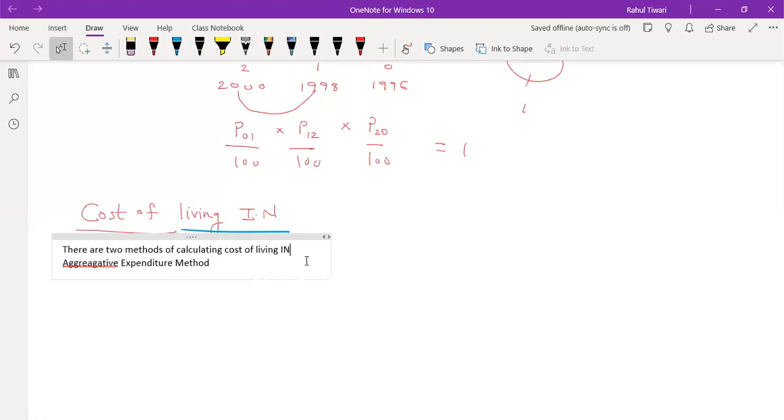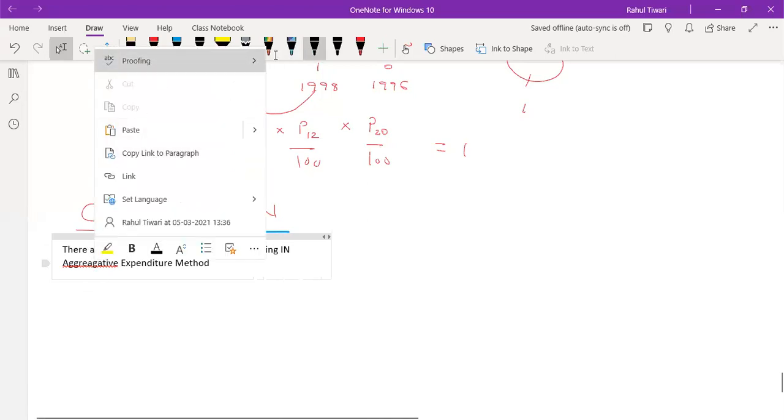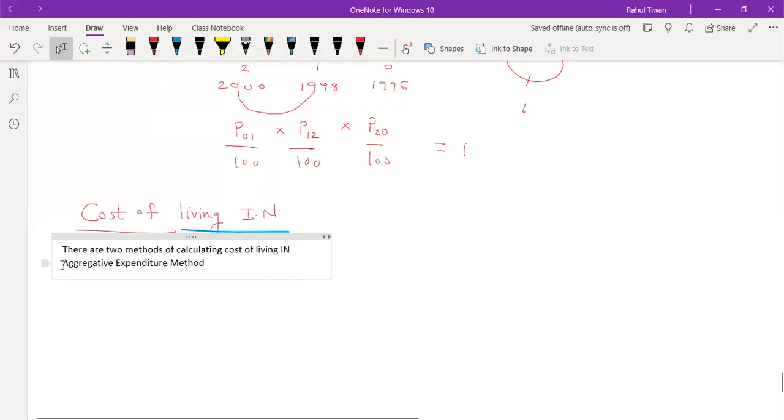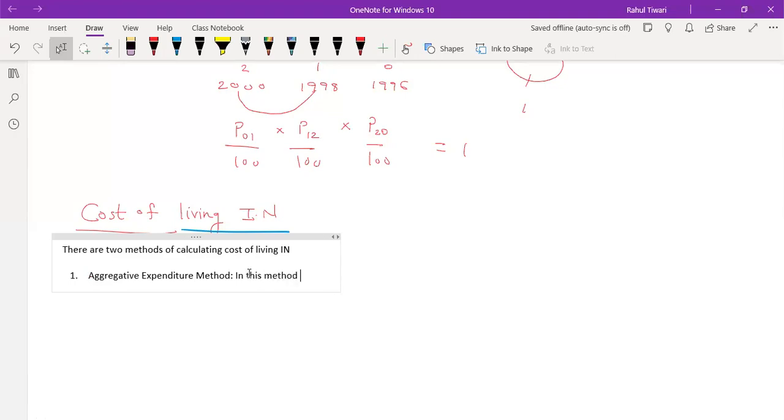The first one is the aggregative method. In this method, weighted aggregate index number is used